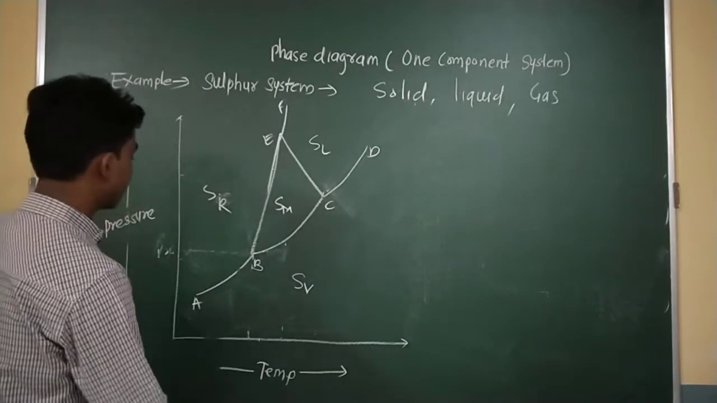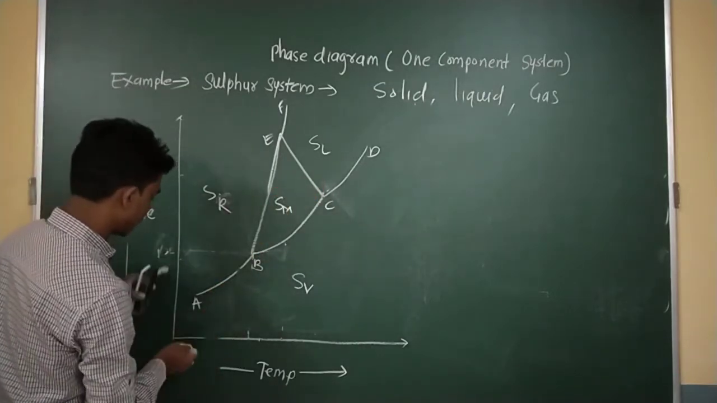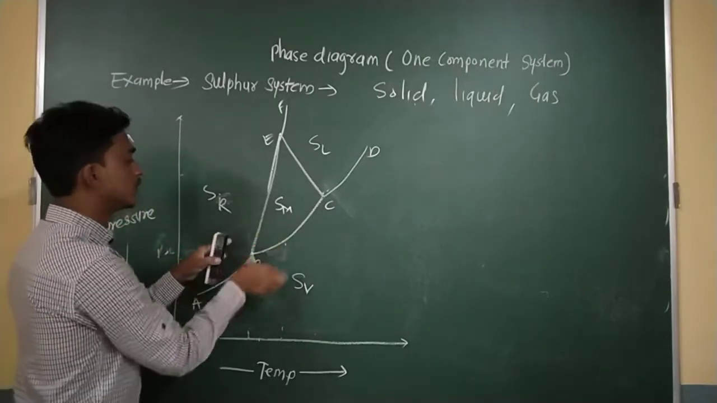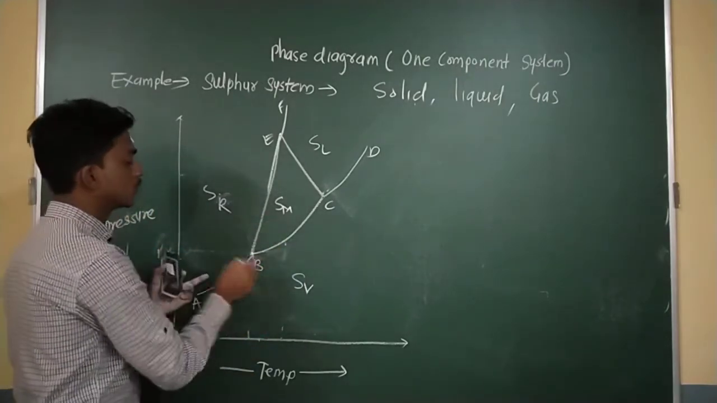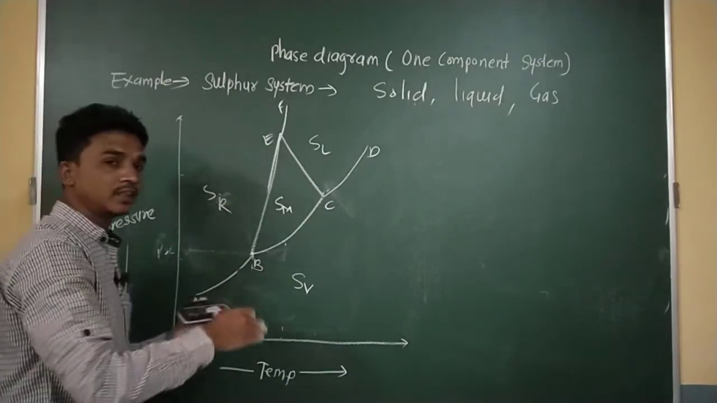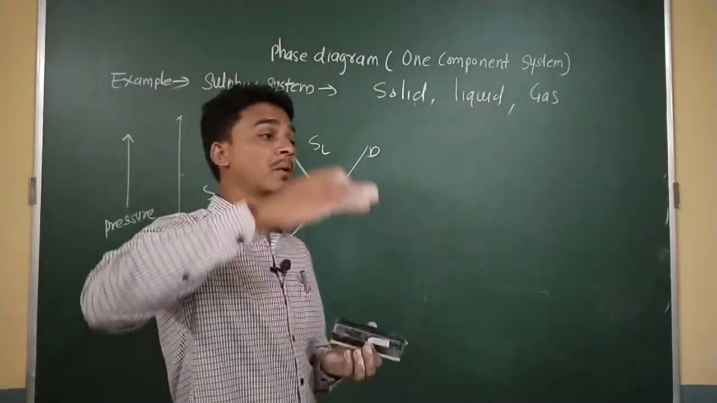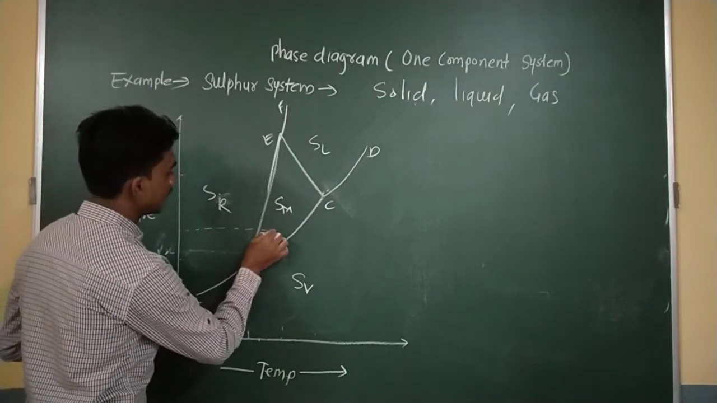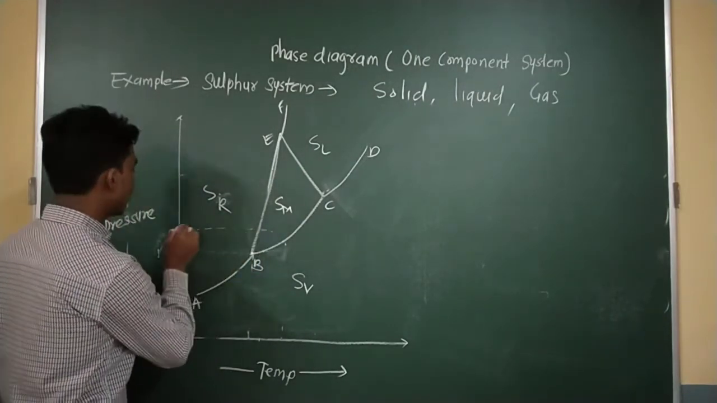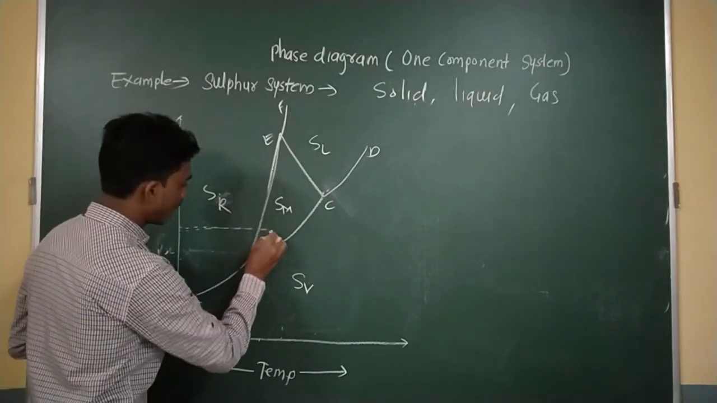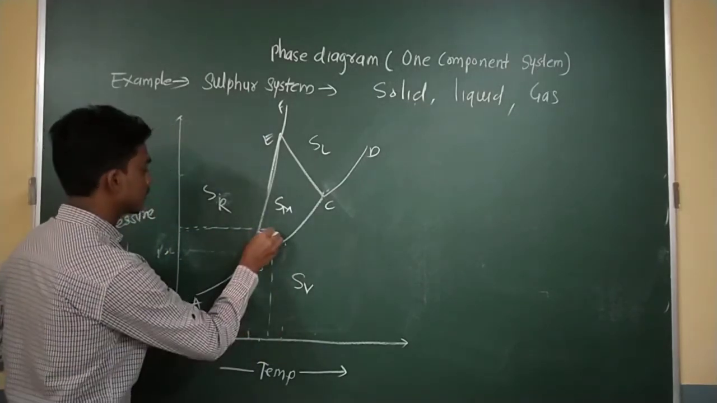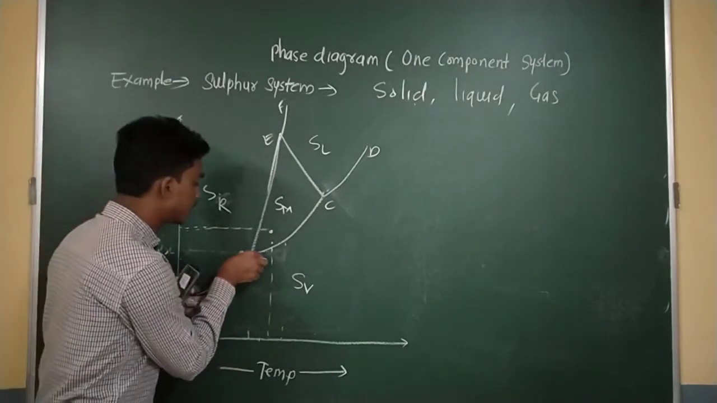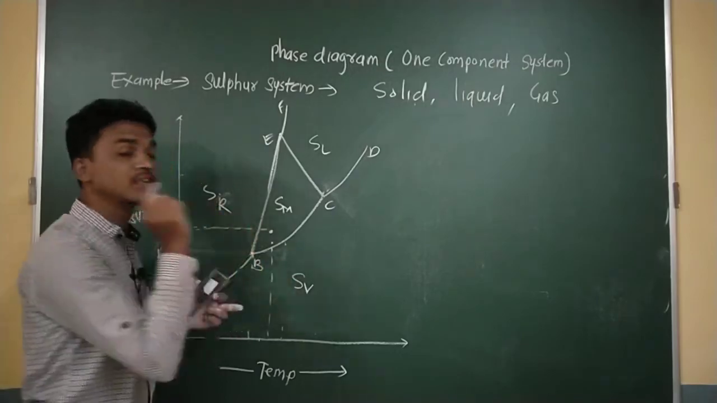Another thing is that when I change the temperature and pressure, at this point three phases are in equilibrium. But when I increase temperature and pressure abruptly, the temperature and pressure change like that. I wanted to change up to this point, and at this point SR, SM and SV are in